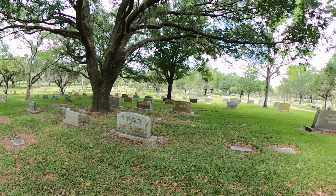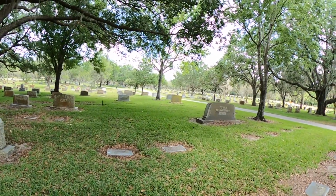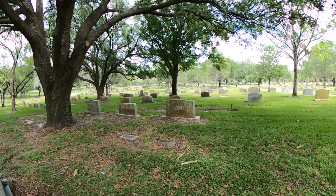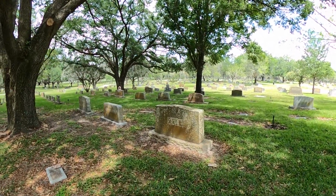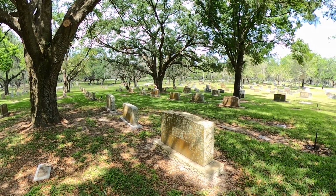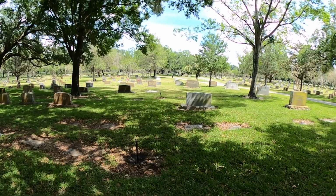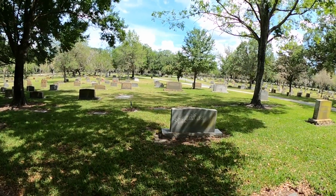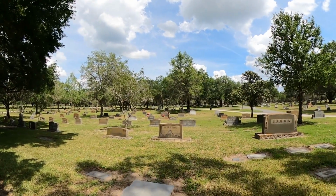You can just see that there are so many large headstones, which is always cool because they get creative with these headstones sometimes, and you can tell some of them are very old. So this cemetery was dedicated in 1926, so some of these are going to be pretty old, probably even dating back before 1926. Because it's huge. It's 200 acres of land here. So this is one I would want to come back to when my leg's better and just run around here, because it's